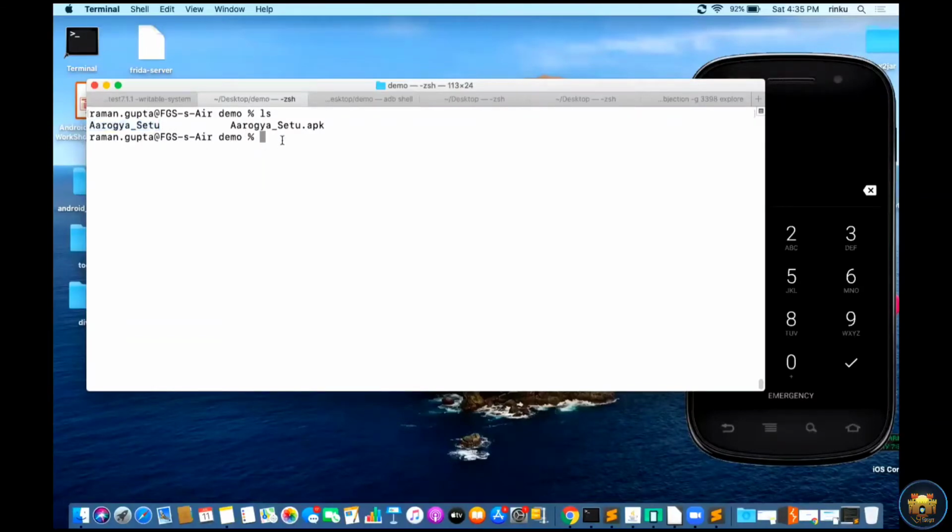I run the command apktool b -v, and then put the folder name there. After that, I put the -o option and the file name, Arogya Setu modified .apk.